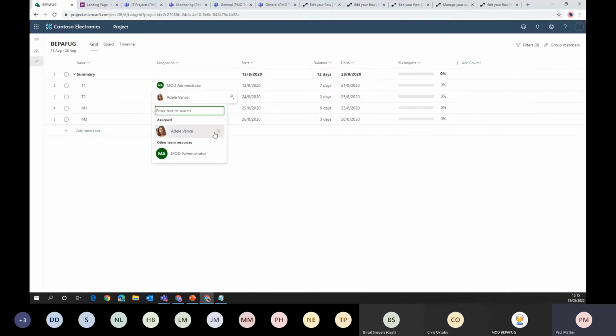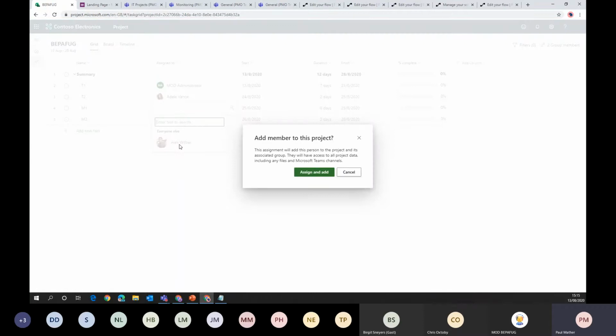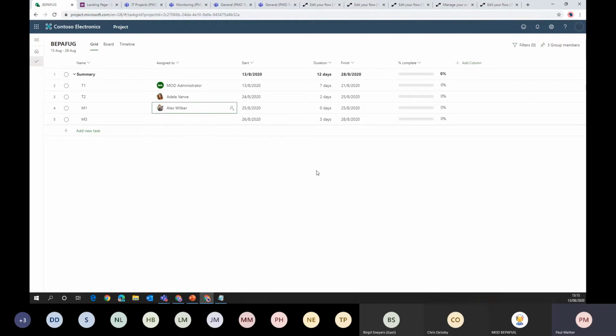So now that this project is linked to the Office 365 group, I can start inviting other users to it. So if I add another user, at this point, it won't prompt me to link it to a group, but it will actually warn me that assigning this user to the project will grant them access to the underlying Microsoft team. So if we assign and add, we've got a very simple plan here with some users